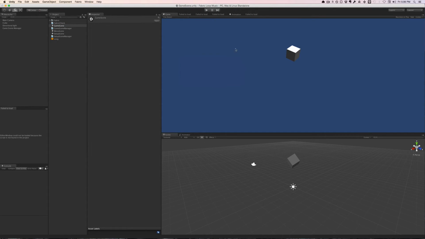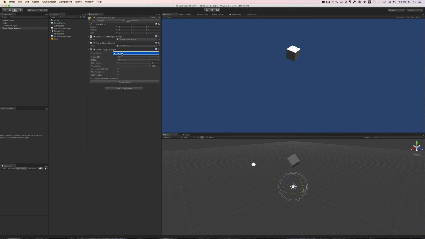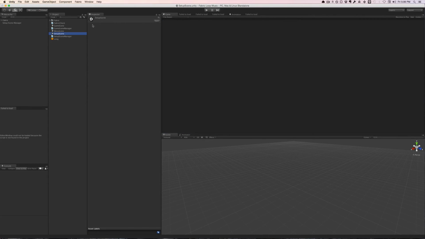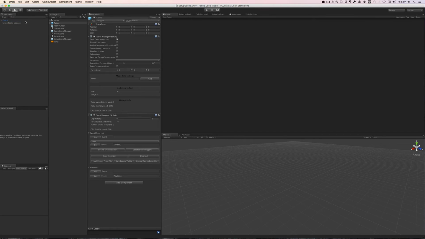and we need to actually start playing our song. So I'm going to make it so that our game scene manager plays the song. So add a trigger, and I need to select play song, but the problem is there's no play song here. The reason is because our fabric object is only in the setup scene when we're in editor mode. So let's drag this in here and make a prefab out of it. Go back to our game scene,